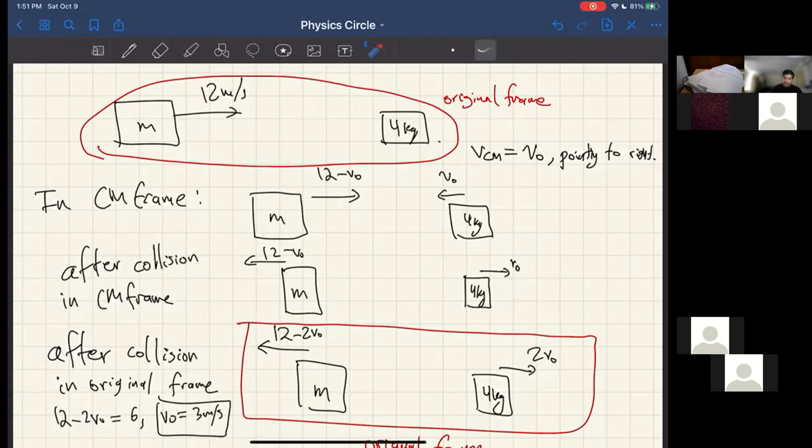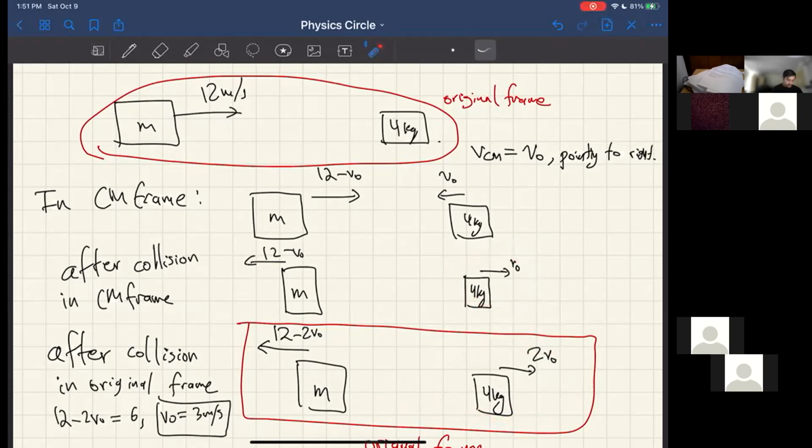But generally, looking at things in the center of mass frame, things become simpler. Somebody's asking, how did I get from here to here? The reason is that this picture is in the center of mass frame velocity. So in the actual frame, if this thing is moving to the right with v0, then in the original frame it must be moving to the right with 2v0. Because if I imagine moving along with the center of mass, which is at v0, then this block looks like it's only moving at speed v0 to the right, which is what I see in the center of mass